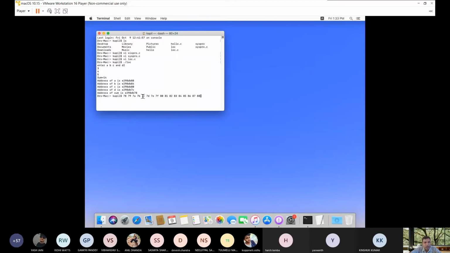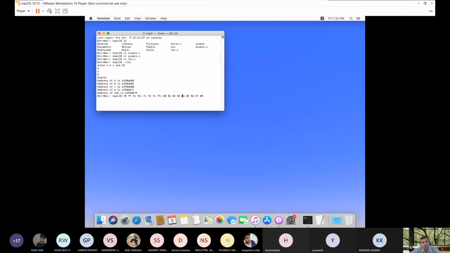After that 4 bytes, the next address starts from 7C. Let me mark it here: 1, 2, 3, 4. Now this address is over, so the next address will start from 80, 1, 2, 3, 4.